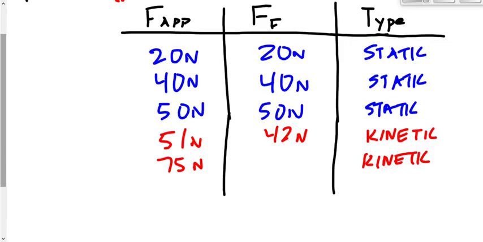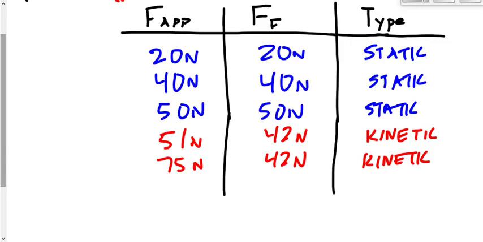Less than 50. Specifically, it would be 42. Remember, it's not a stubborn force. It is what it is. If kinetic friction is 42, kinetic friction is 42. Just because I keep pushing harder, kinetic friction doesn't feel the need to push harder in response,